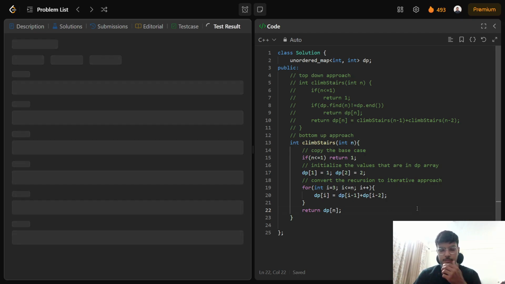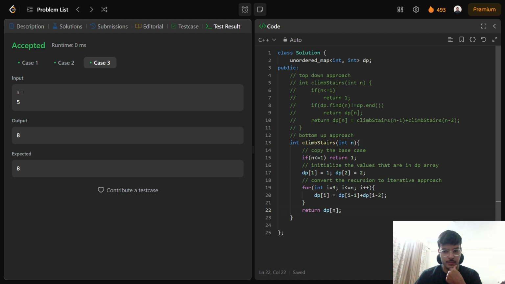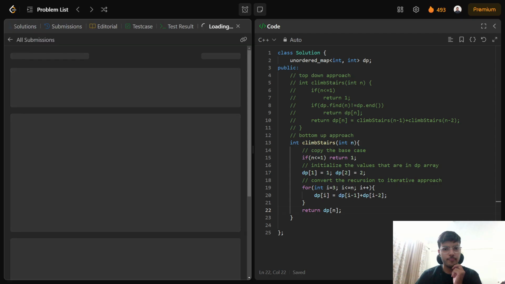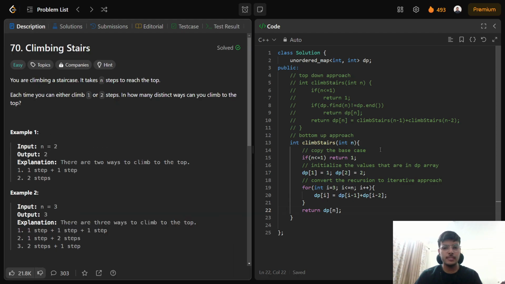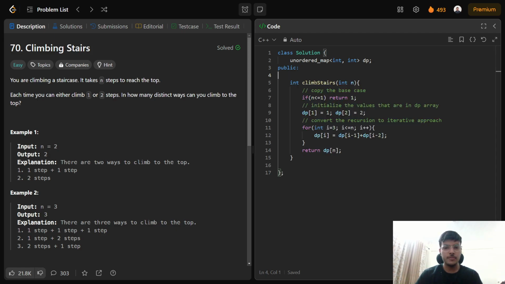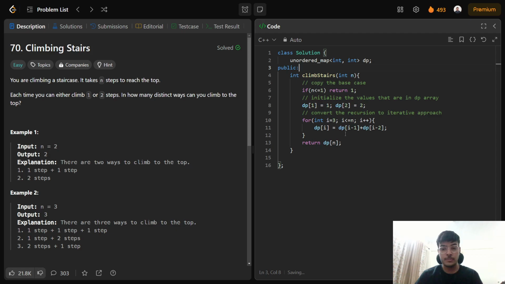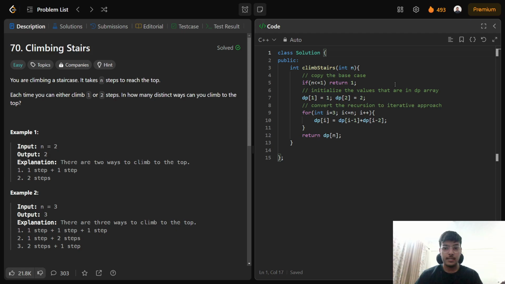Let's check if this works. Let's check if it submits. Yes, it submits. All right, so we have already seen 3 approaches. Now for the fourth approach, what we need is an observation. The observation is that we only need the last 2 elements. So why are we using a whole map and increasing our space complexity to O of n? So we can totally eliminate the map and instead